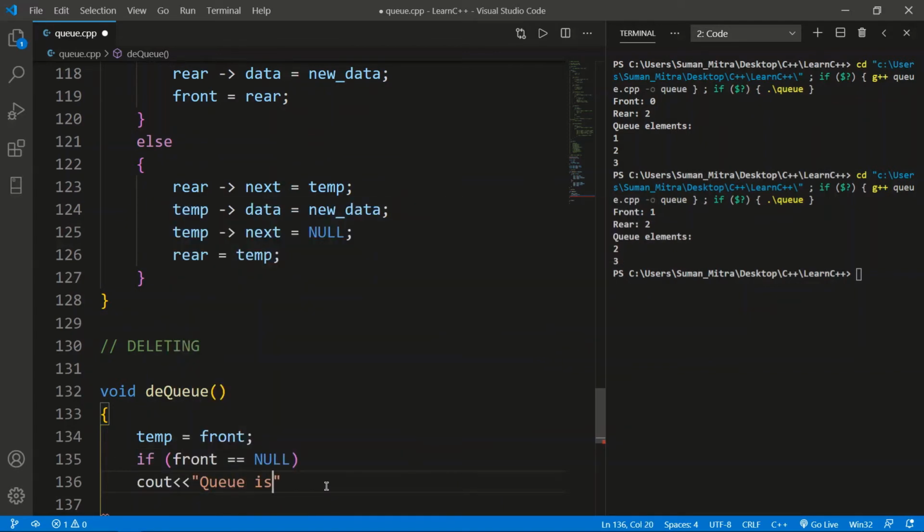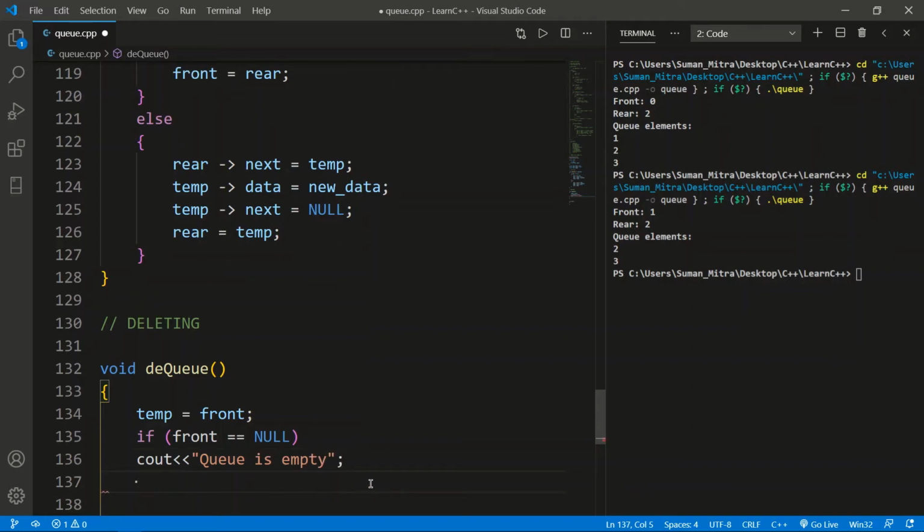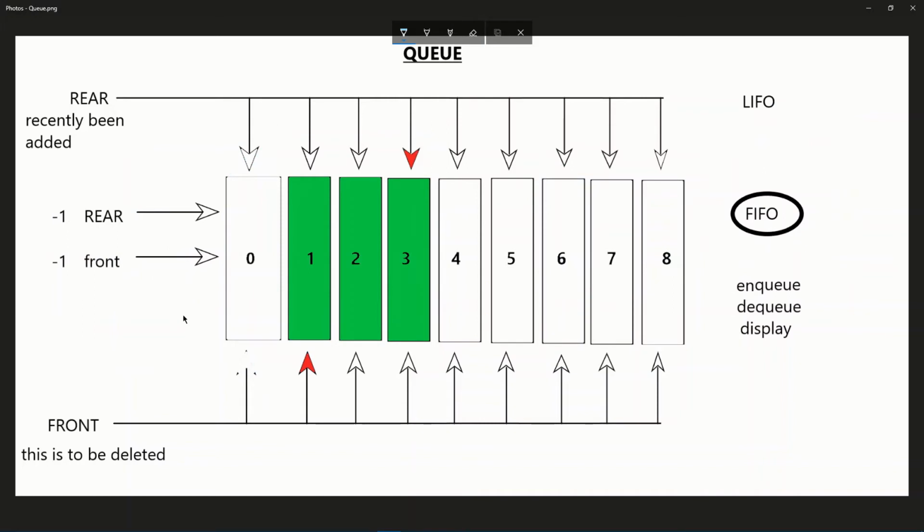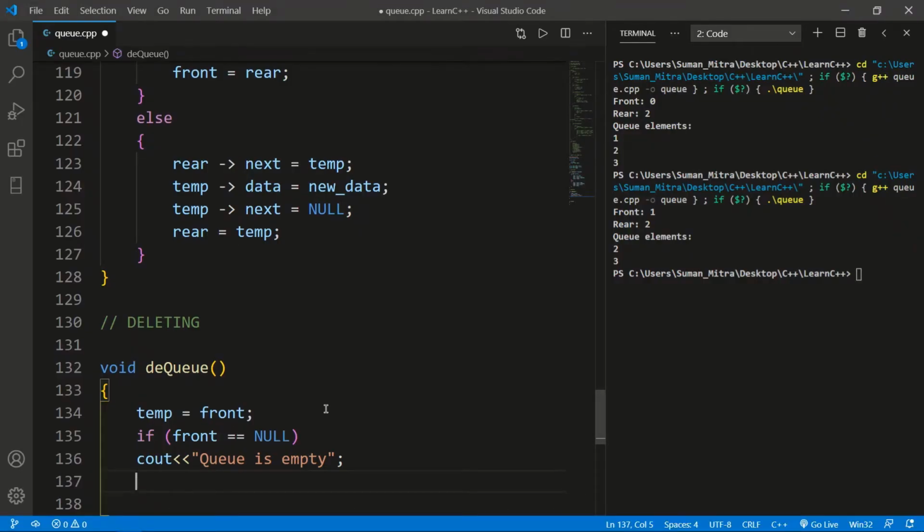You can see here in the figure, when the front is pointing to -1, that is null, there is nothing in the queue, meaning the queue is totally empty. So if the queue is totally empty, how can you delete? We can't delete. So if front is equal to null, just print that the queue is empty. Or else,